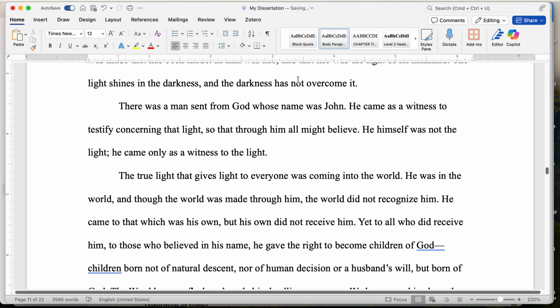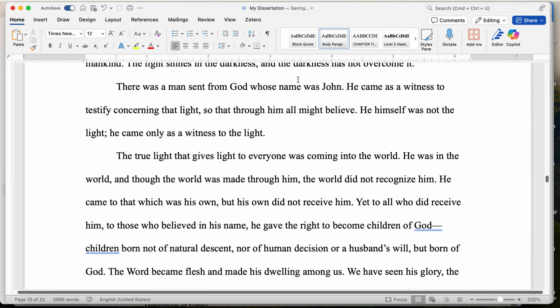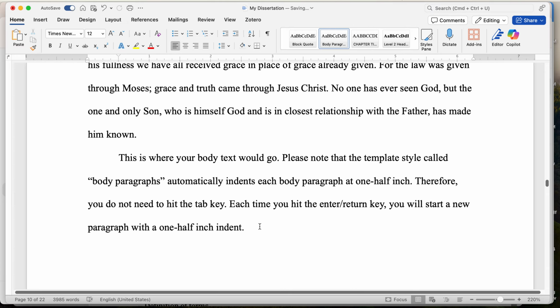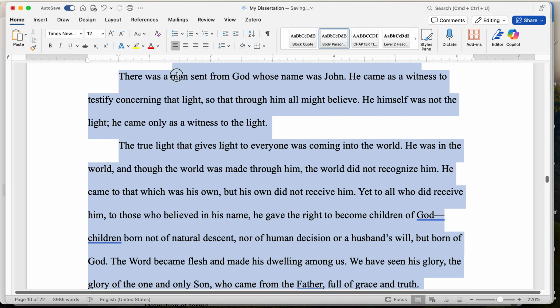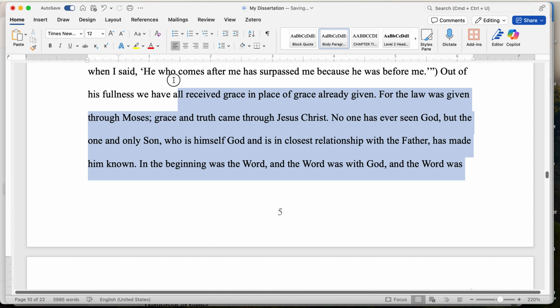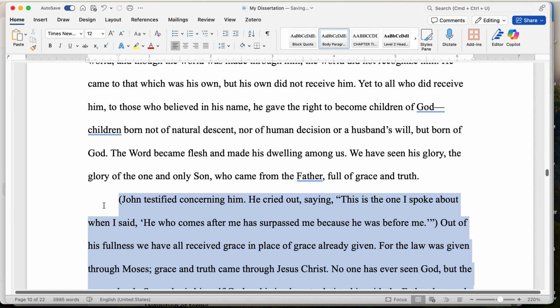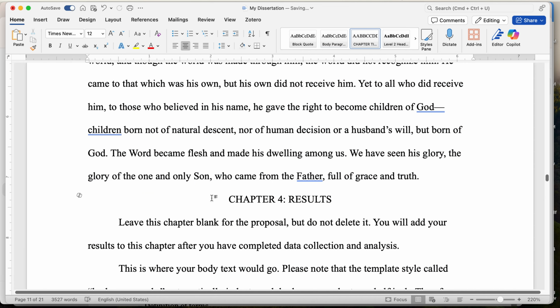Now, sometimes what happens is, let me just try this here for a second. So let's say you're going to delete this stuff and add your own. I'll just delete it. Yeah, so you see how when I highlighted that and deleted it, then I've got this chapter 4 showing up right here. What happened is that I accidentally highlighted the page break or the section break. And if you don't know what that means,